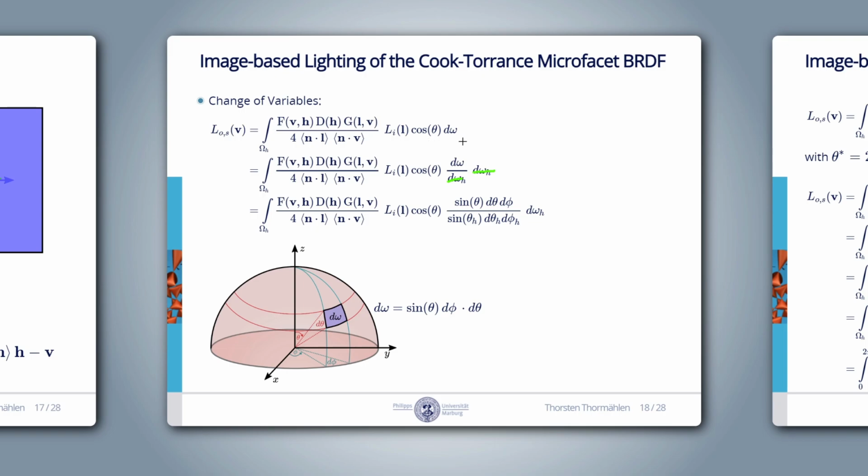However, when performing a change of variables, we usually have to change the limits as well. But we are already integrating over the complete hemisphere, and we know that there can be no contribution from the backside of the surface. So this is already the maximal range. Therefore, in our special case, the limits of integration stay the same.